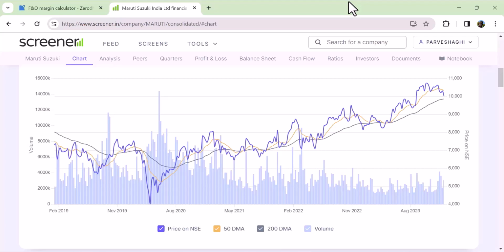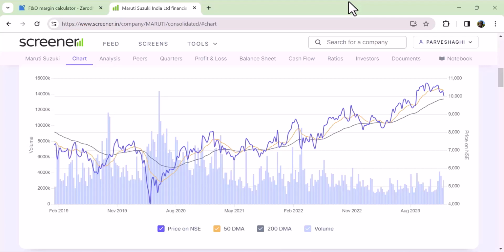Only just recently, in the last year, if you see clearly, the moment there is a crossover, the 50-day moving average crossed over. Just look at the screen at the end. One crossover happened, and Maruti started going up. That is called the golden crossover, particularly when it is a 50-day and 200-day moving average. For example, when the Nifty's 50-day moving average crosses its 200-day moving average, the bull run has begun. It's called the golden crossover for stocks as well as for the market, for Nifty or Sensex or whatever. The golden crossover has already happened, about a year back in the case of Maruti.